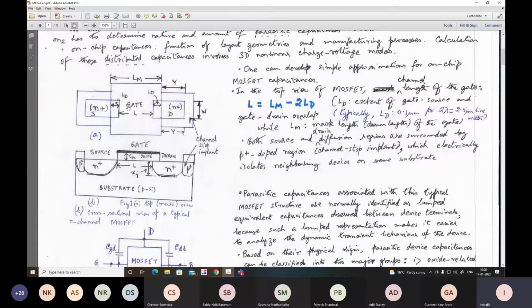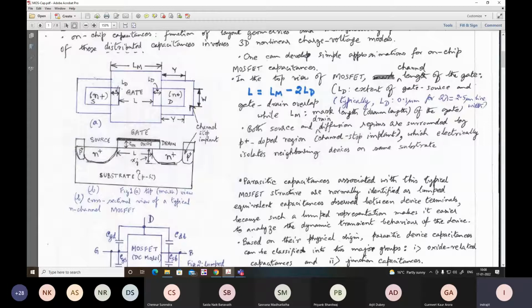And apart from that, we are all aware that if you look at the cross-sectional view of the transistor formation in a p-type substrate, we find that the source and drain on both sides are surrounded by a strongly doped p-type implant. The name given is channel stop implant. That means this will act as a stoppage of the channel. That means no inversion channel is supposed to be formed here. For that the nature of the implant is p-type. Okay, so that's how we proceed.